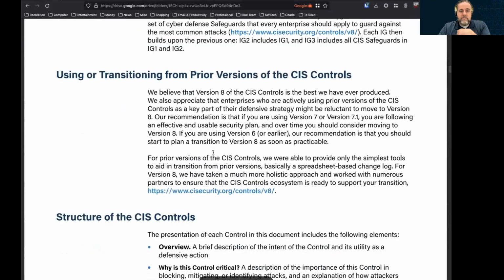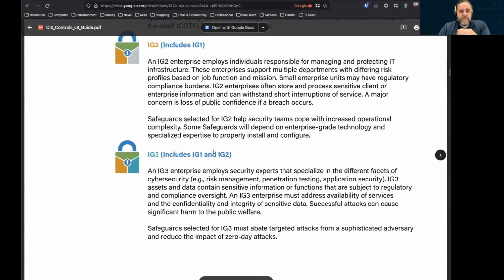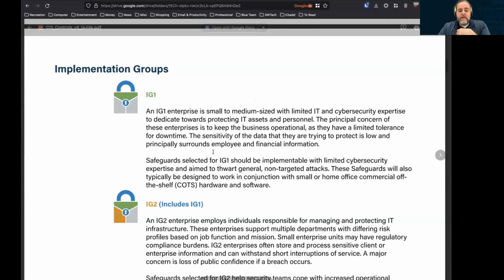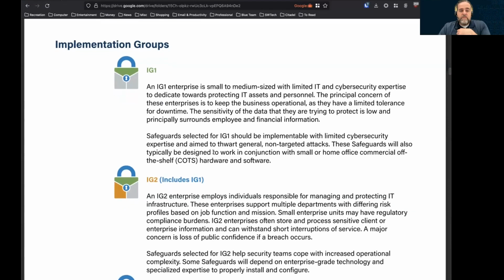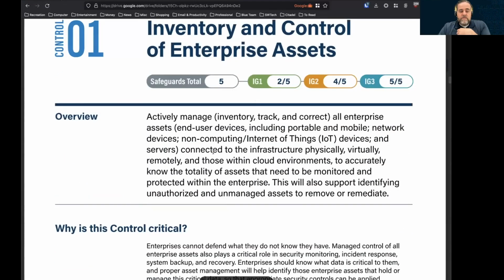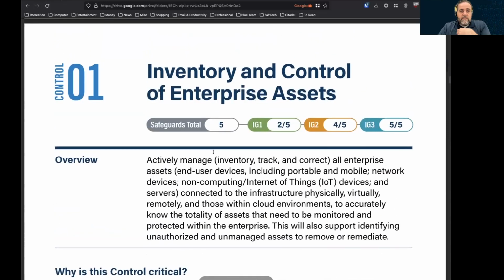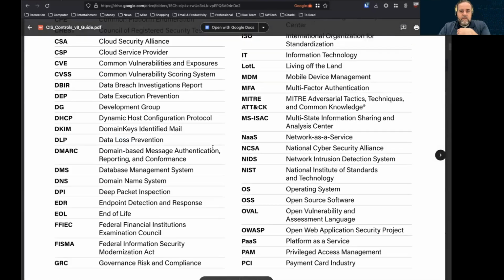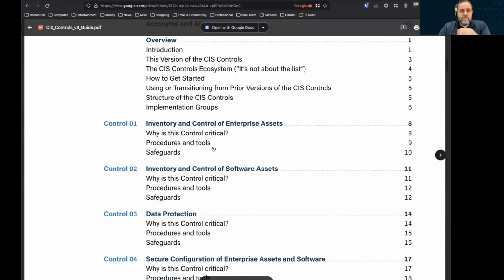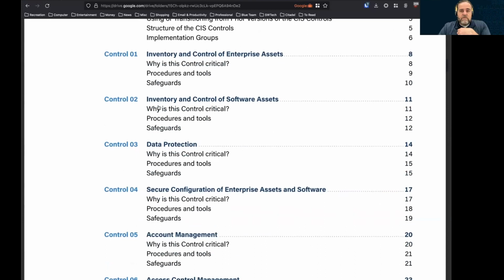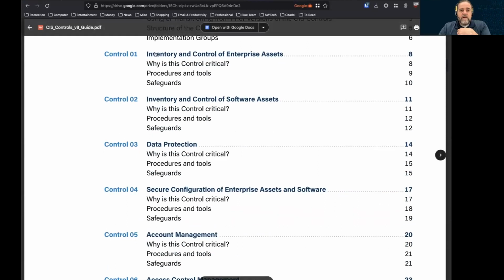There's a lot of extra verbiage in here. First off, you can read the verbiage that they recommend on the implementation groups. Probably a good one to start there. But as we get into these controls, I think I just need to grab that graphic off of the website. Let's scroll back up to the table of contents real quick. So in the table of contents, as we're going into each individual control, we can look at these and go, okay, control